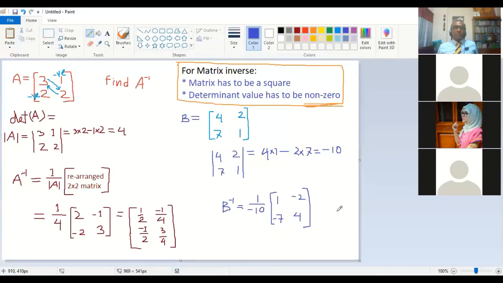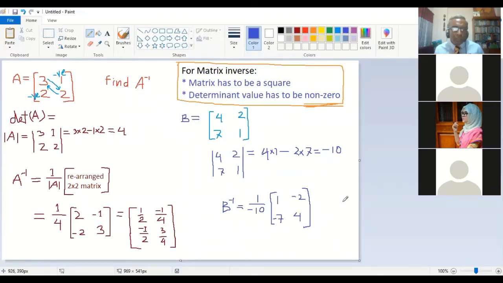You understand? Everyone okay with this? Yes, sir. Okay, so this is the rule for 2 by 2 matrix only. So be careful, this is the rule for 2 by 2 matrix only. If the matrix is bigger, then we will follow some more complicated rule. I will show you in the next class about the 3 by 3 matrix. Okay, so far that is the inverse of the matrix.